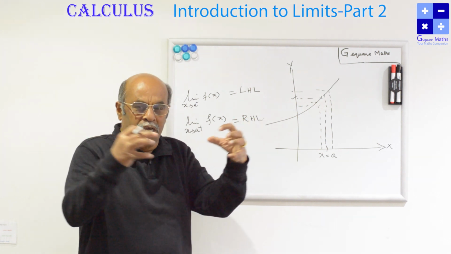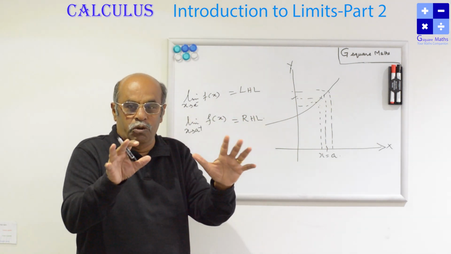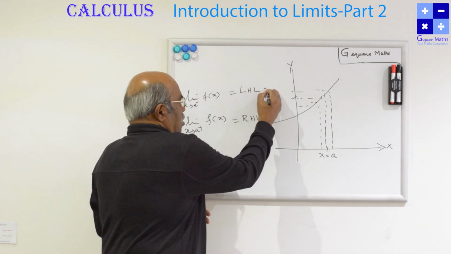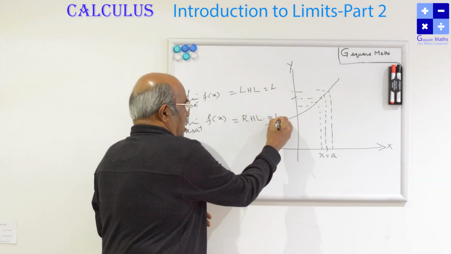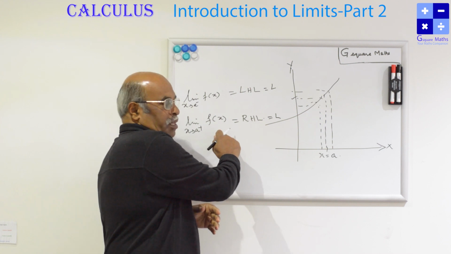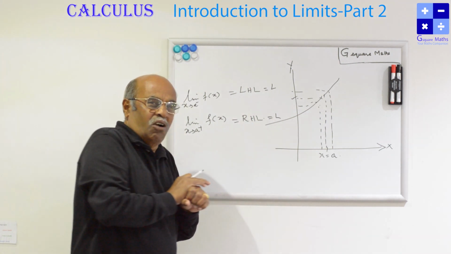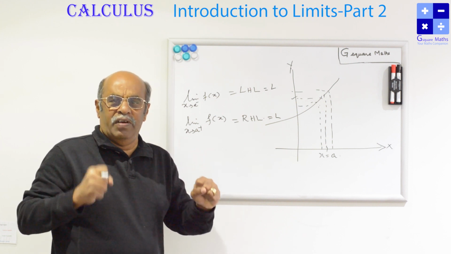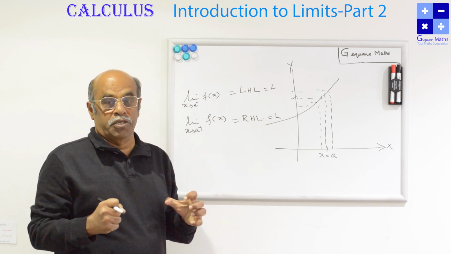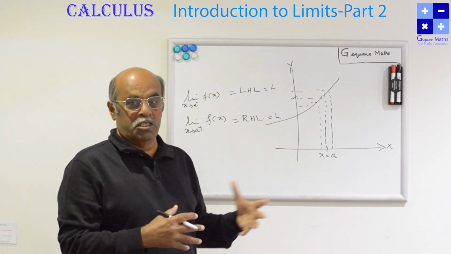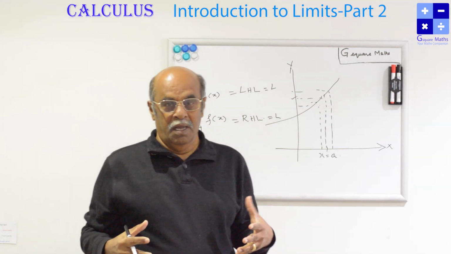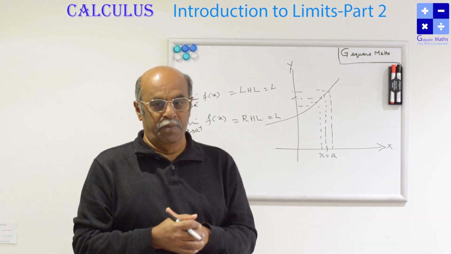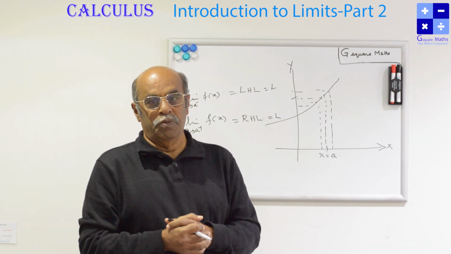It approaches, not exactly that value. Whatever the value is, this value is L, this value is also L. Therefore, left hand limit is equal to right hand limit, so the value is equal to L. L is not exactly the function value, but it is very close. It approaches, like a train approaches the station. That's what we have studied so far. Now, after we study the limit and the definition of limit, let us go to the algebra of limit.